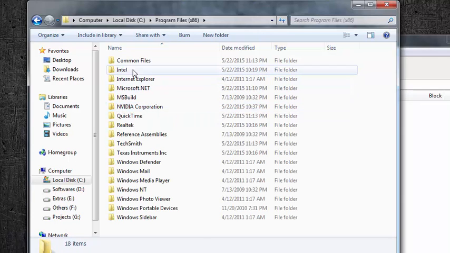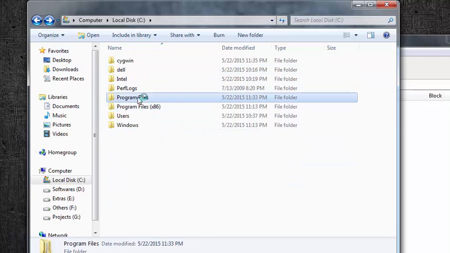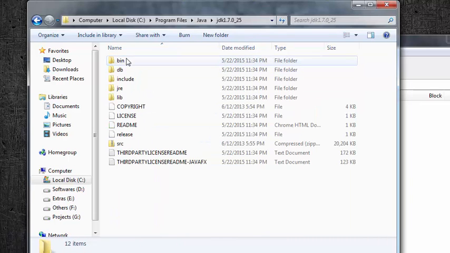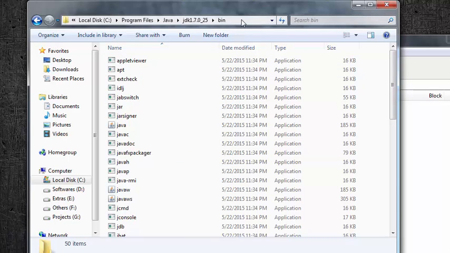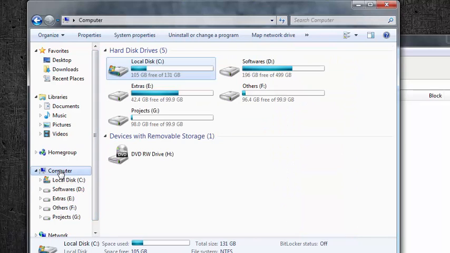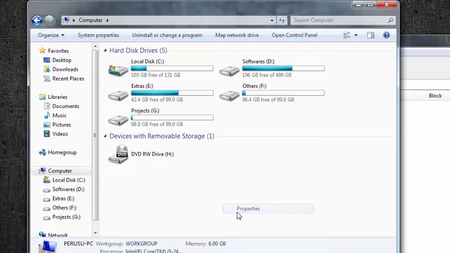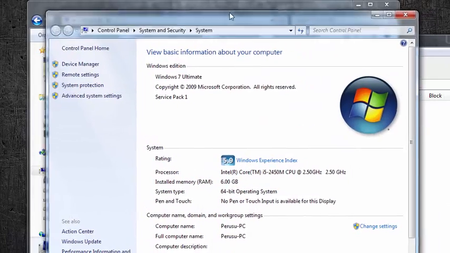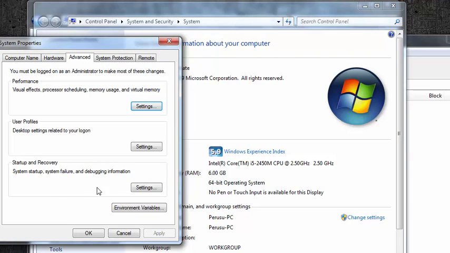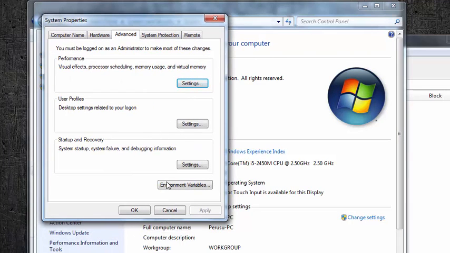So open up program files, go to Java folder, open this bin and copy this directory. Open my computer, go to properties, and then click on advanced system settings, click environment variables.